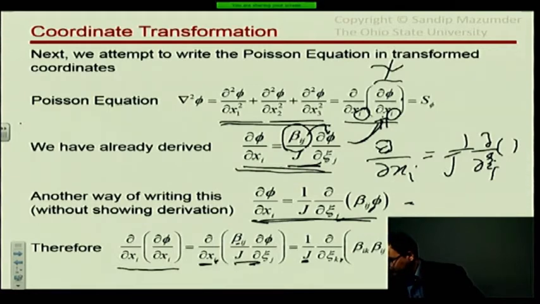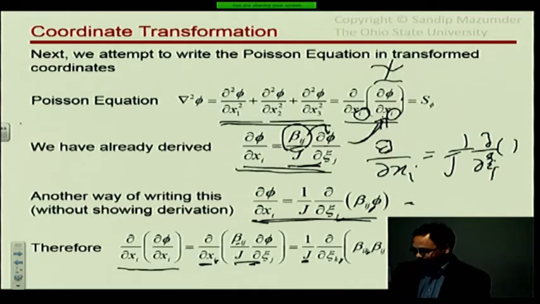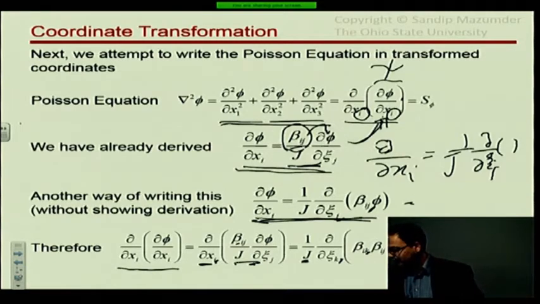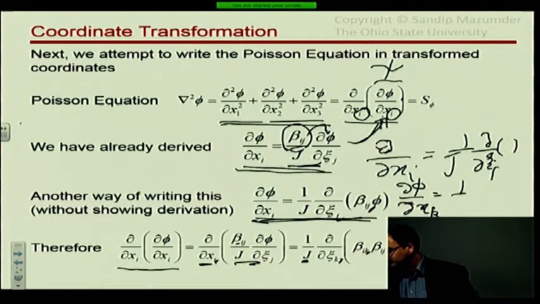So I've switched the index from I to k, because we are using ik here instead of ij. Okay, so you kind of have to think of this as this expression that I have here. I could write this as d phi dxk is equal to 1 over j